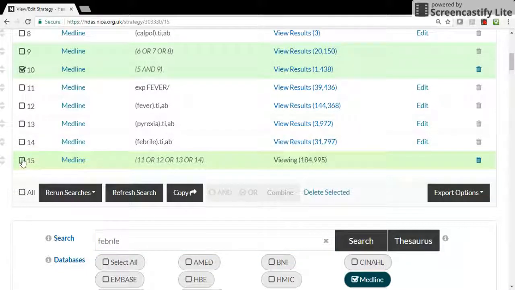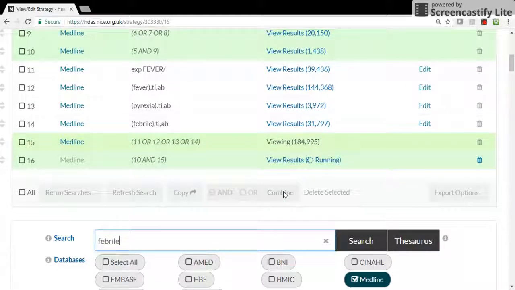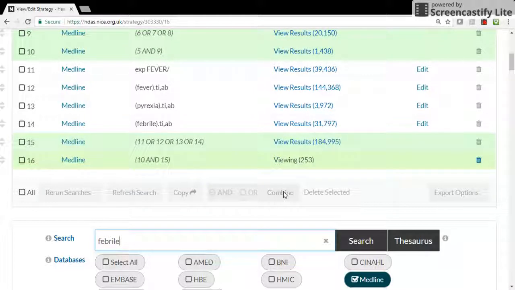We have line 15, which is all our fever terms. We now need to add fever back into our search. This time we select our two lines and combine with and, because we're combining different concepts together. We do have another concept of child to add in, but we will add those in later when we look